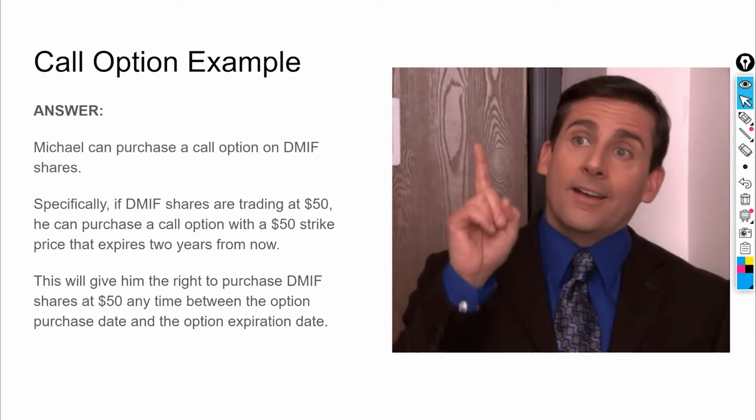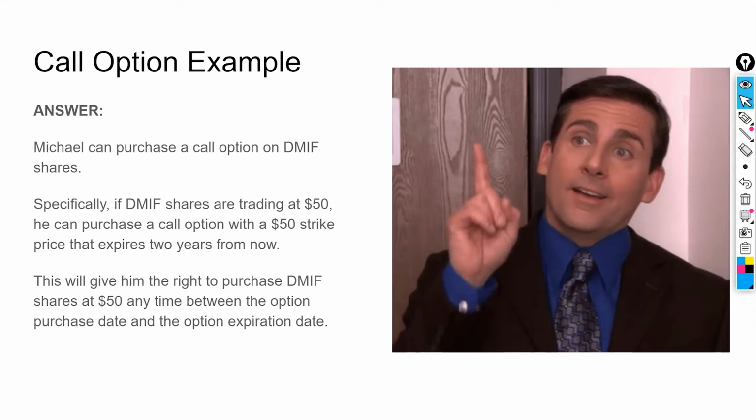Now, this will give him the right to purchase Dunder Mifflin shares at $50 anytime between the purchase date, which is what we're saying today, and the expiration date, which is 2 years from now. So over the next 2 years, this contract that he holds, he's the holder of it, or the buyer, whatever you want to say,